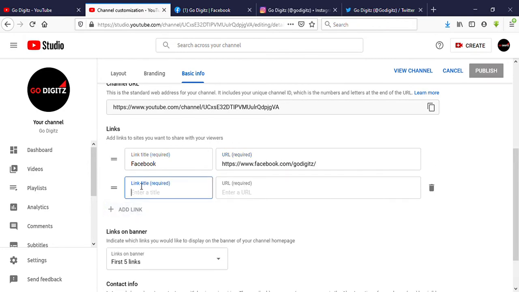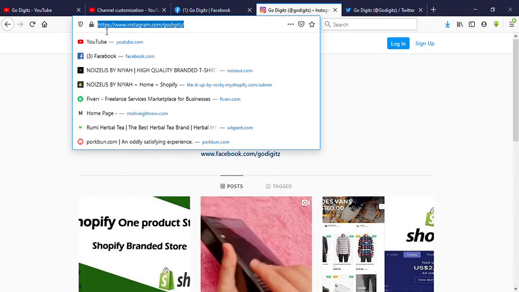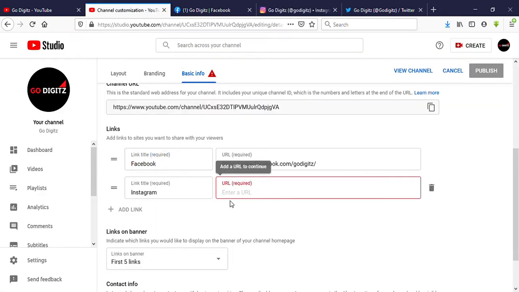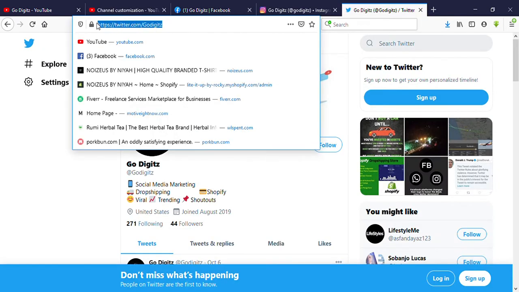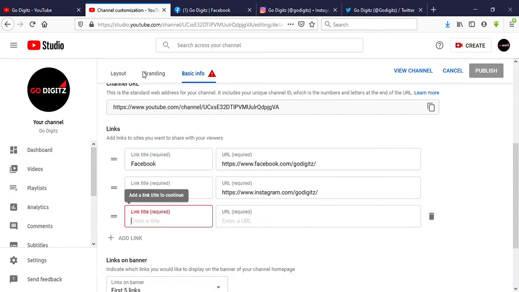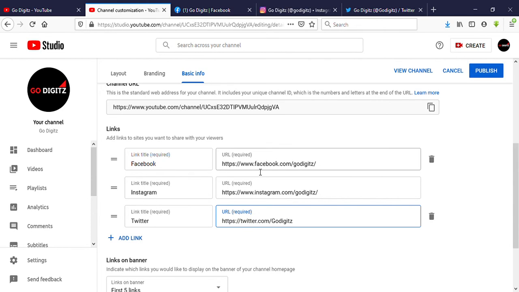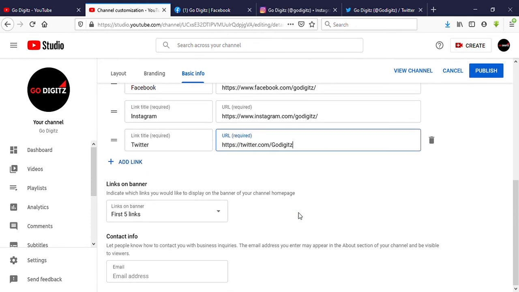Okay, then I add another link, add link, then Instagram, then I click my Instagram link, copy, then paste here, then again click on add link, then I link my Twitter. Then paste. Okay, then